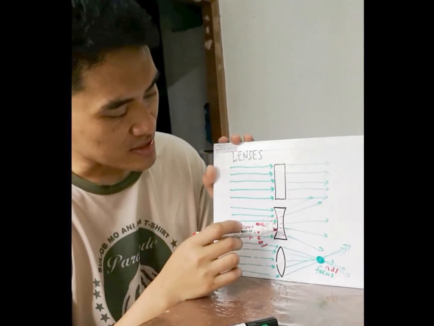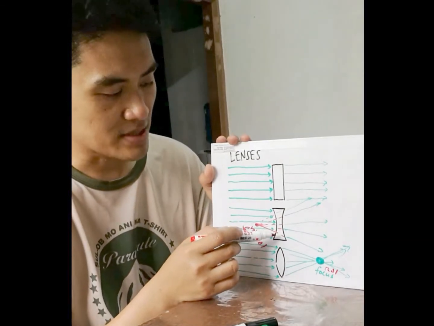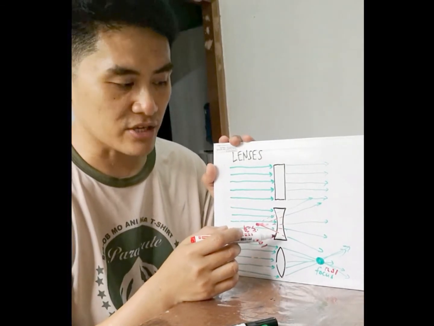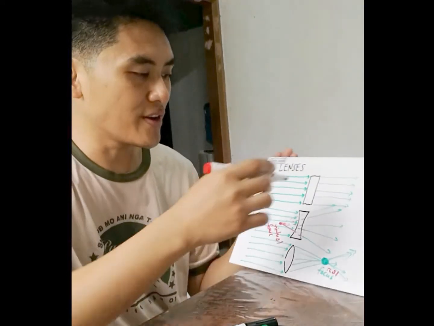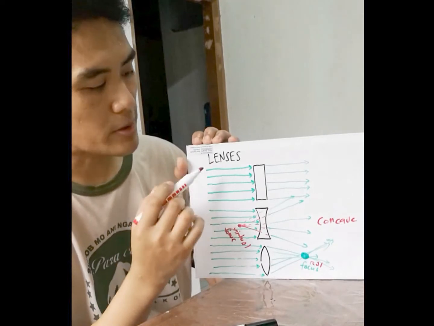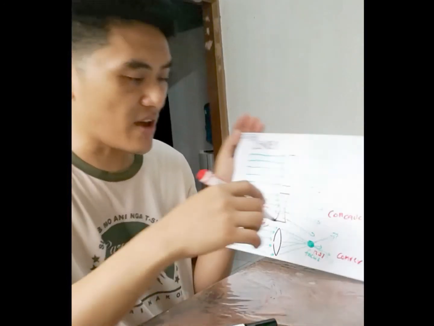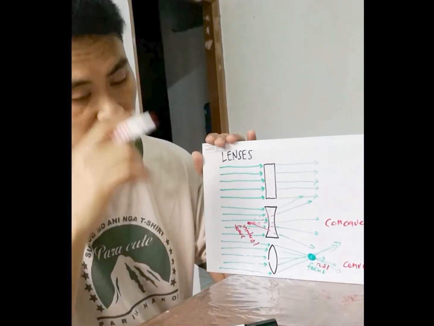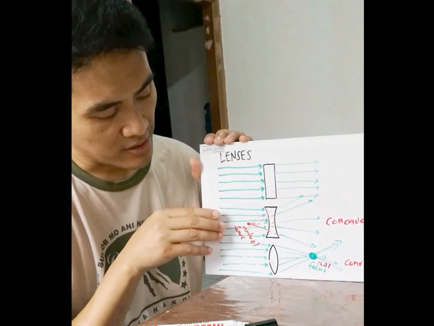So this lens is what we call, well, just based on the shape and based on our discussion of the mirrors, a concave lens. Take note, we are now talking about lenses, not mirrors. This is a concave lens. And this one is a convex lens. So, just like the mirror, you can also think about it as the light rays hit this side,